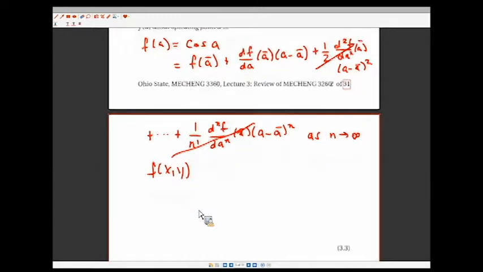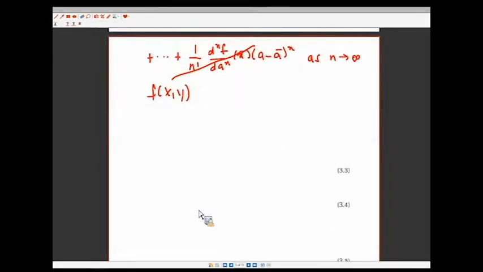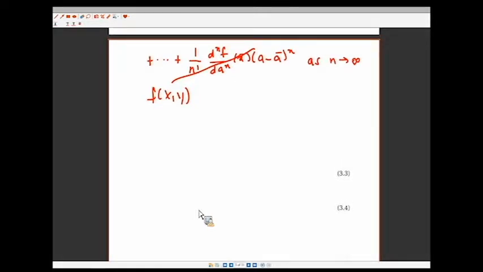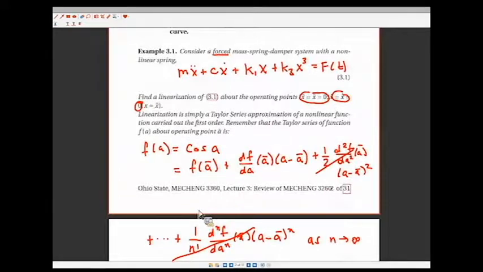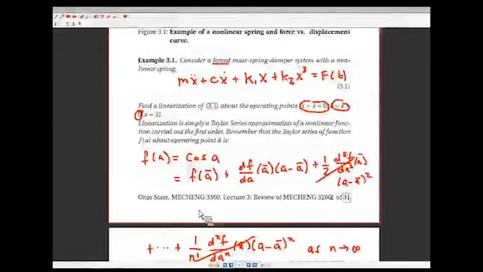Okay, so getting back to the problem at hand. What we're going to do with linearization is take the Taylor series of the first order. I'm going to argue we have 5 terms here: term 1, term 2, 3, 4, 5. And I'm going to go through terms 1 and 4 only, because I just want to do 1